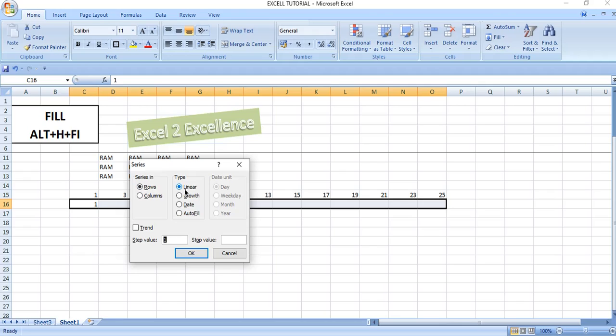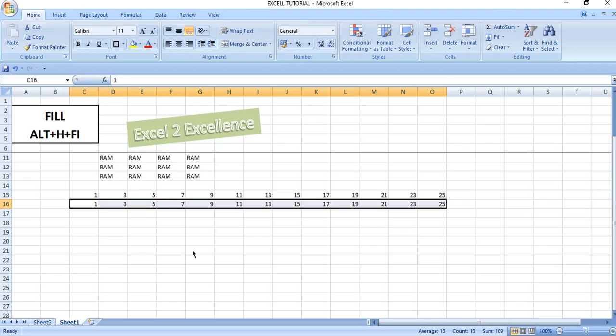The type of progression is linear and step value is 2. And the terminal value, or the stop value, I want to restrict below 26, so I have written here 26. Now press OK. So you can find a similar output obtained using the concept of terminal value.